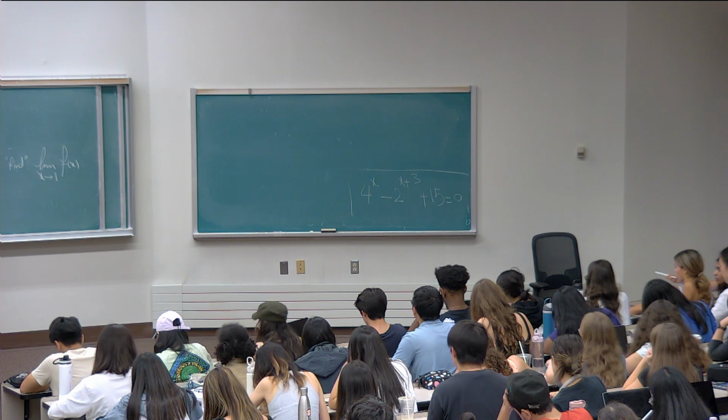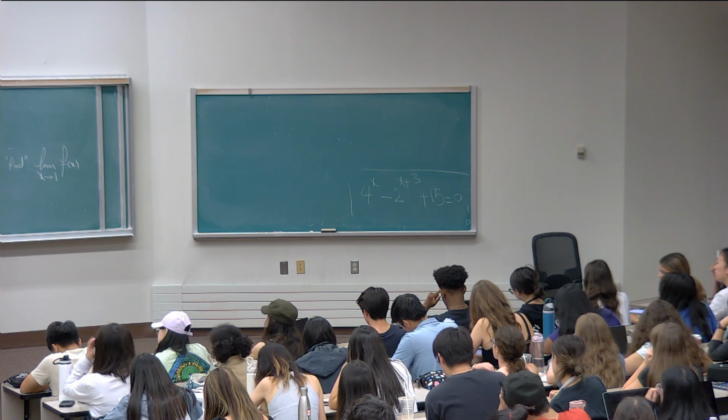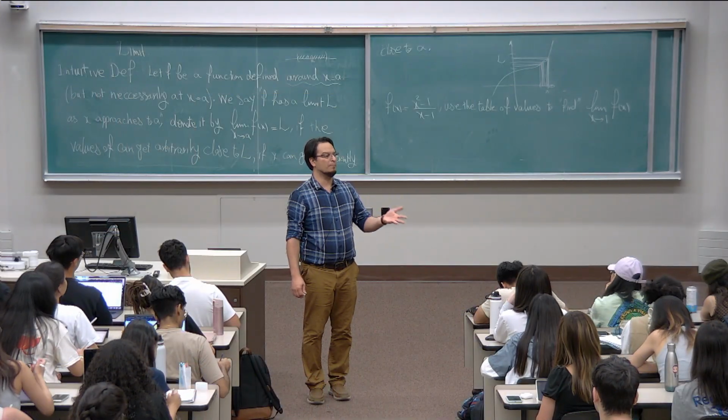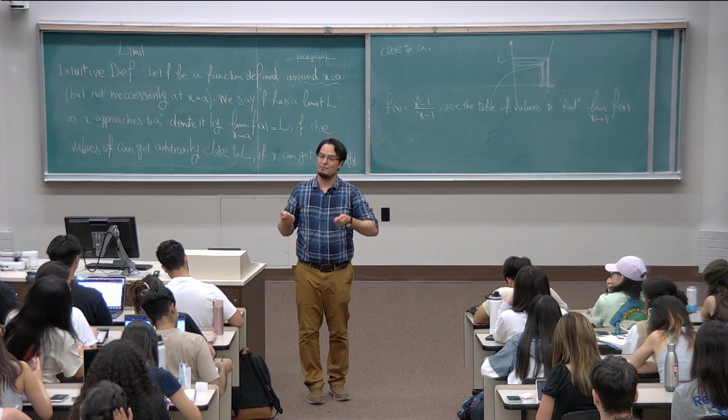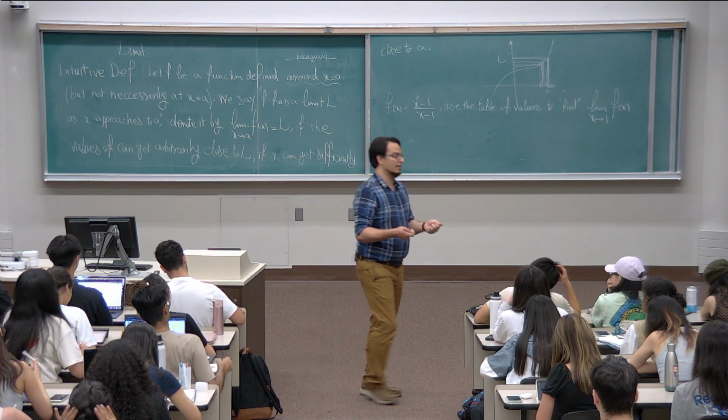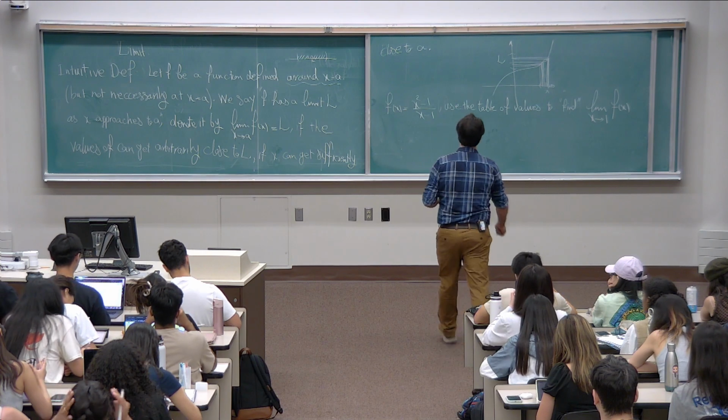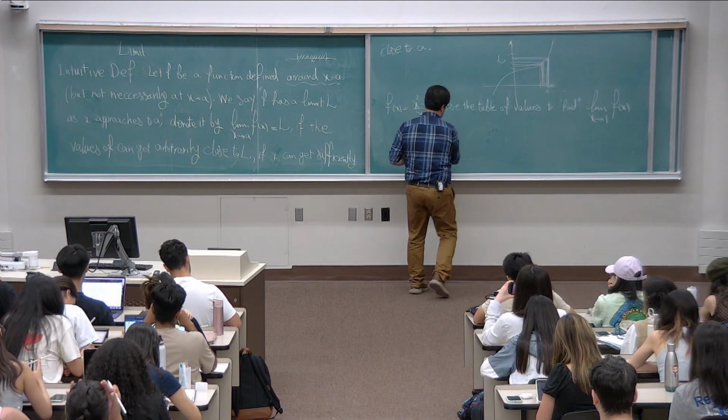What do I mean by this? So this is the only mechanical example, the only mechanical example that I will do in this class for limit. But what I mean by that is this,